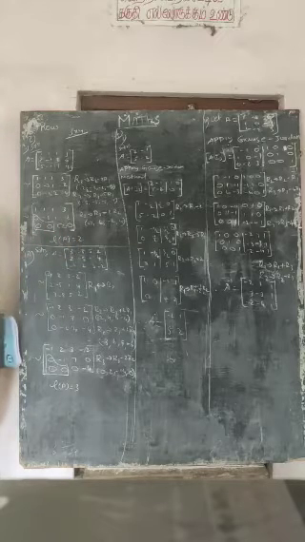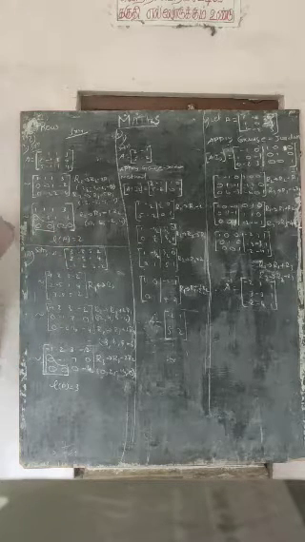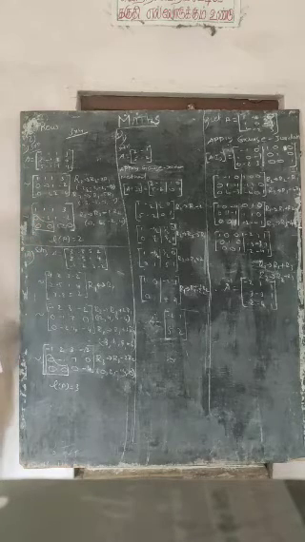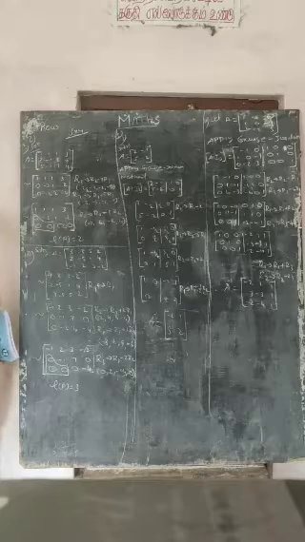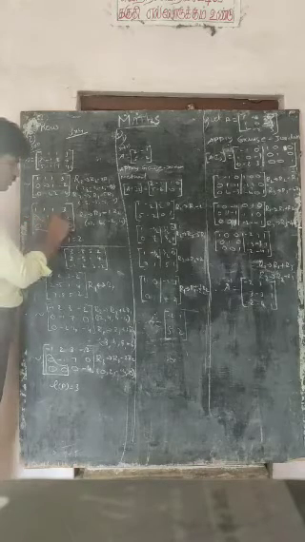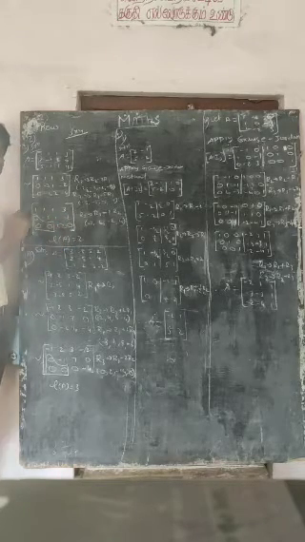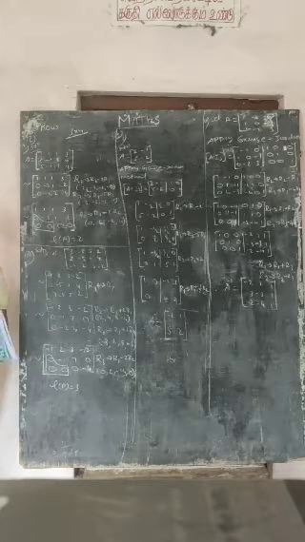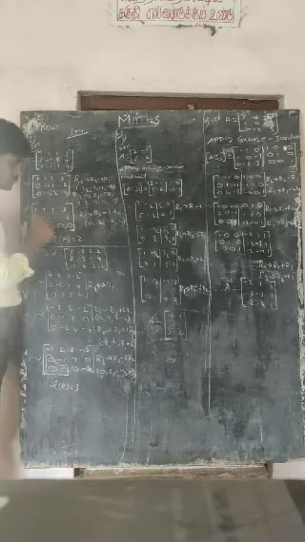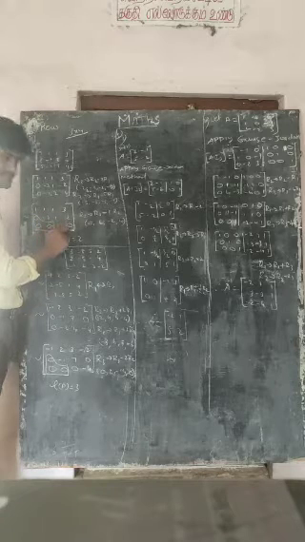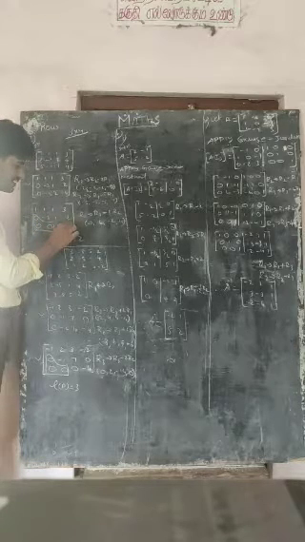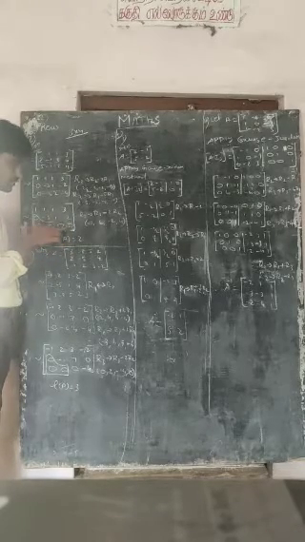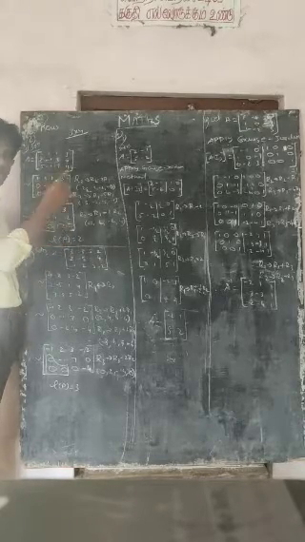Sir, how do we write rho of A? It's very simple. You just count how many non-zero rows are there. How many non-zero rows? Do you know what a row is? This is row 1, 2, 3. We have to see how many non-zero rows are there. Even if a single number is there, for example if the number 5 is there, it's not a zero row. It's a non-zero row. So here the row rank will be found.